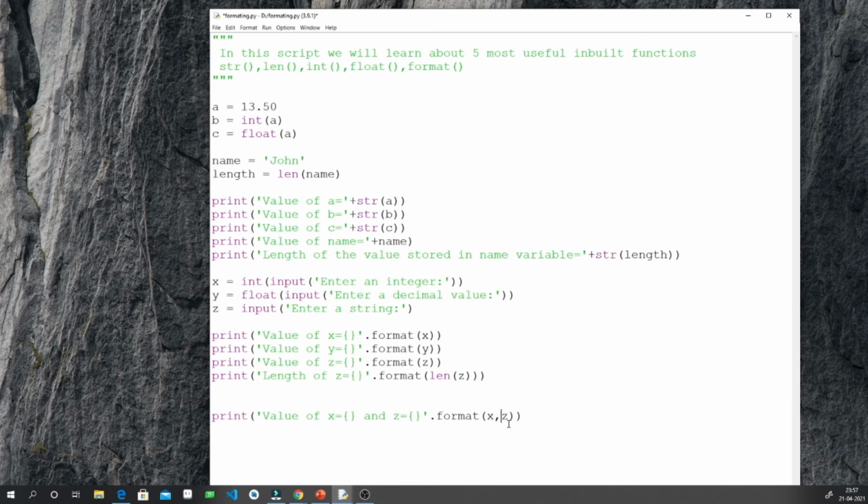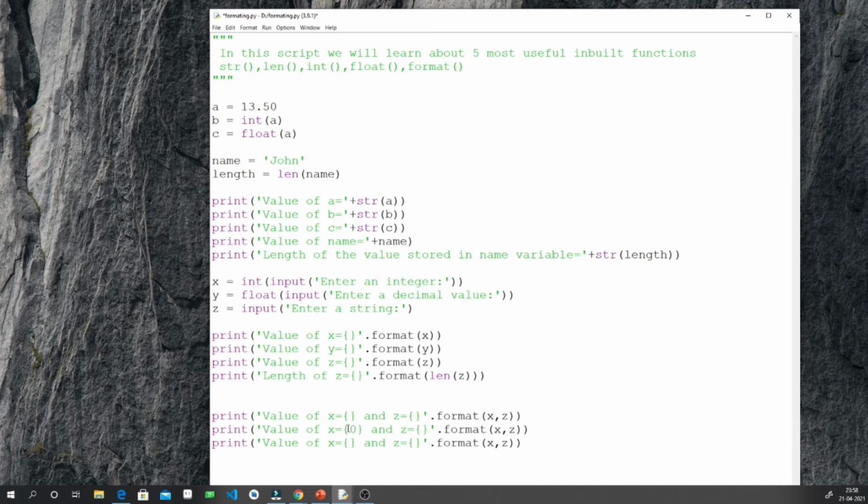So here you just have to pass two parameters. The first parameter will go to the first parenthesis, and the second parameter will go to the second parenthesis. You can adjust these parentheses also. So how to adjust? Let me take this and print two times. Here you can type the index of the parameter. This is the 0th index and this is the first index.